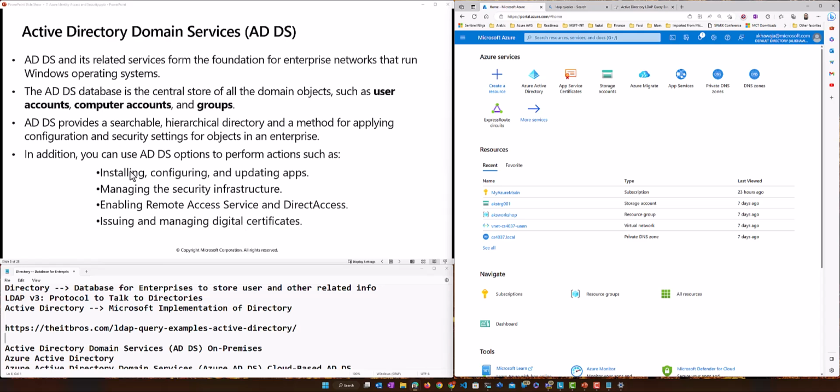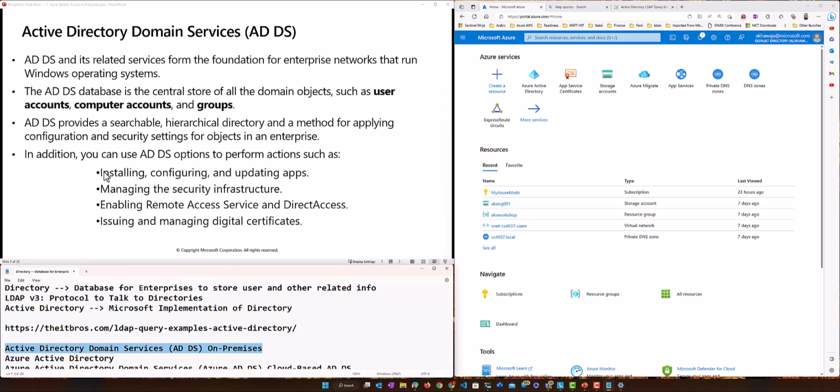So we said, look, installing ADDS, the domain services, and we said ADDS is on premises. Please be very clear. We said Active Directory Domain Services is the name for the on-premises directory services. So yeah, and a lot of these things you can do from Azure AD and Azure ADDS as well, right?